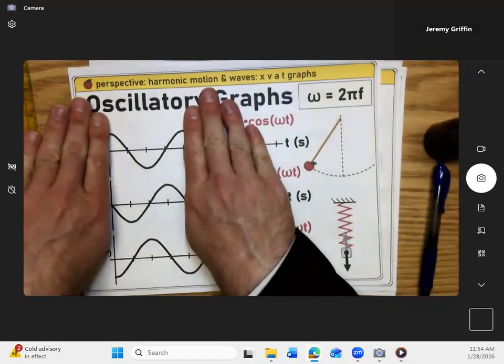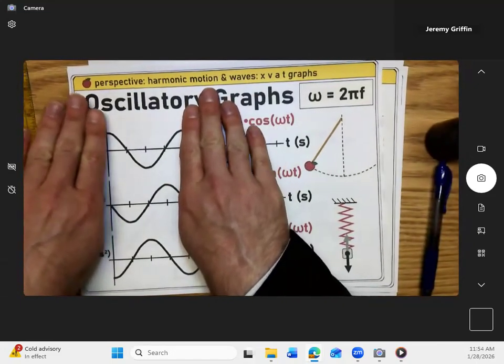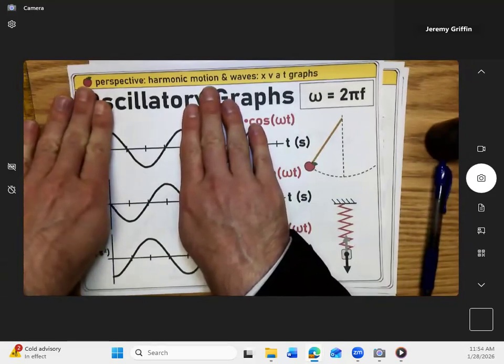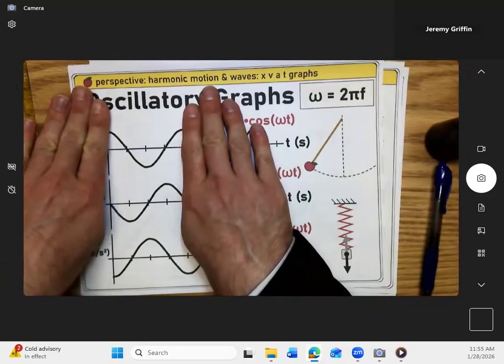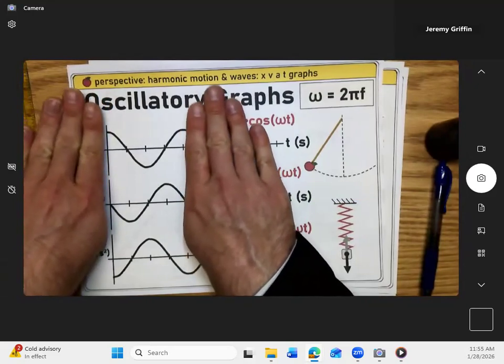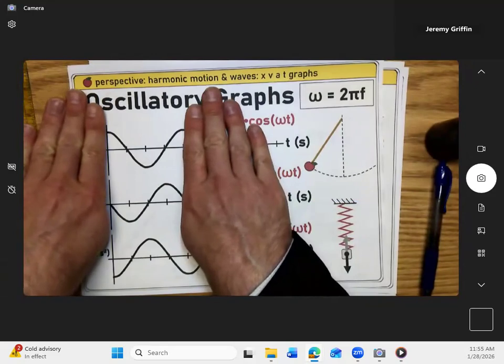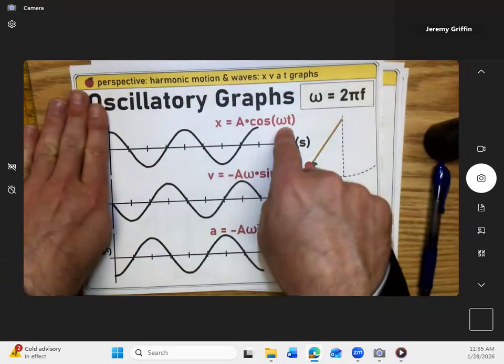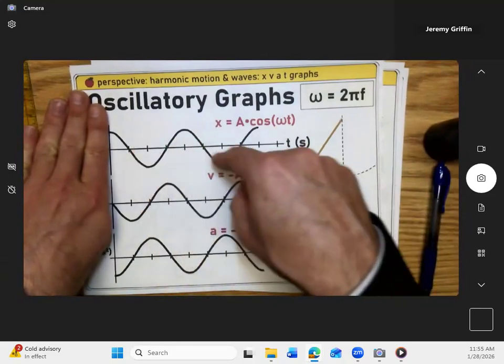That means from here to here, you would have gone from cosine of 0. What is cosine of 0? 1. Okay. What's cosine of 2 pi? 1. Also 1. And you're looking at it right there. You guys see that section right there? That's one complete cycle. You guys see that? That's why all this stuff. Okay. All right, and then you can just have some generic time, and it just keeps on going on